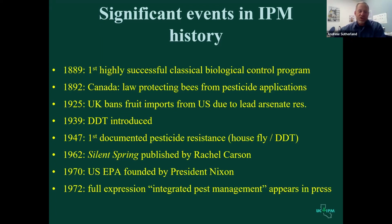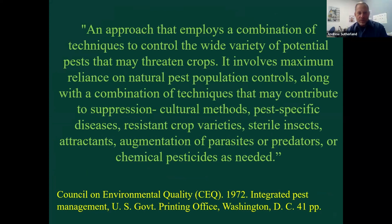The full expression integrated pest management did not occur in the press until 1972. And here's how it was defined, and this was by a governmental council. It's an approach that employs a combination of techniques to control the wide variety of potential pests that may threaten crops. So here we're still talking about agriculture. It involves maximum reliance on natural pest population controls. So that's talking about the predators and parasites,